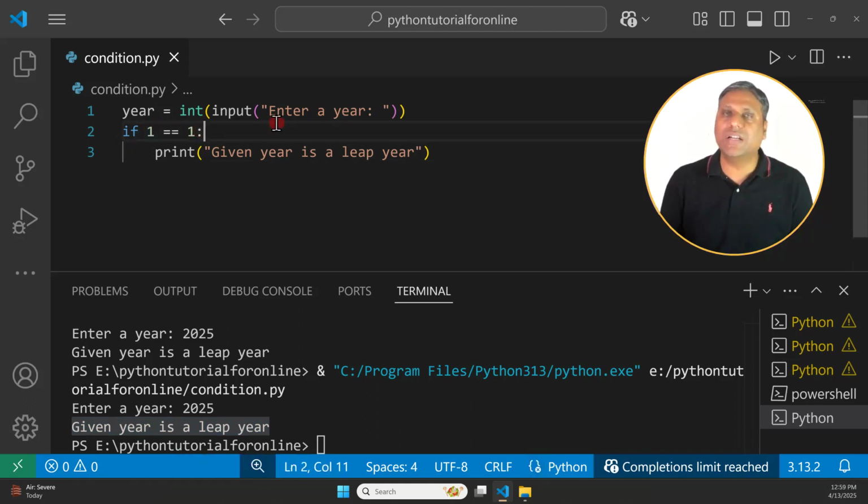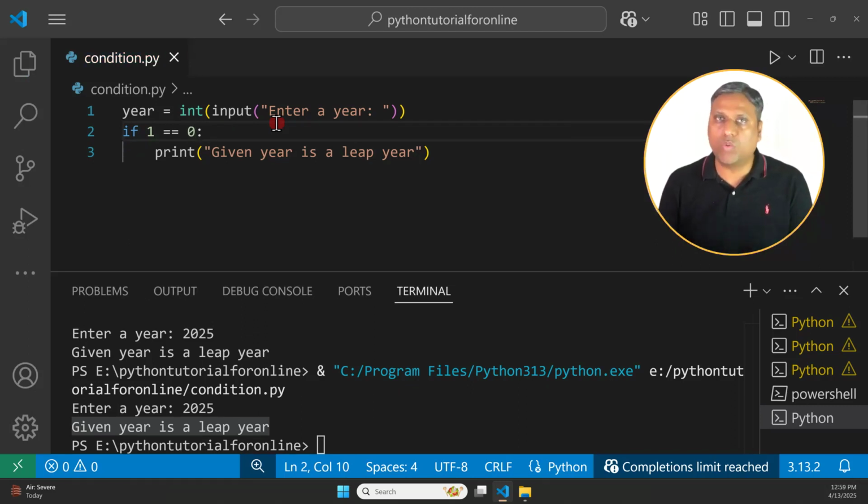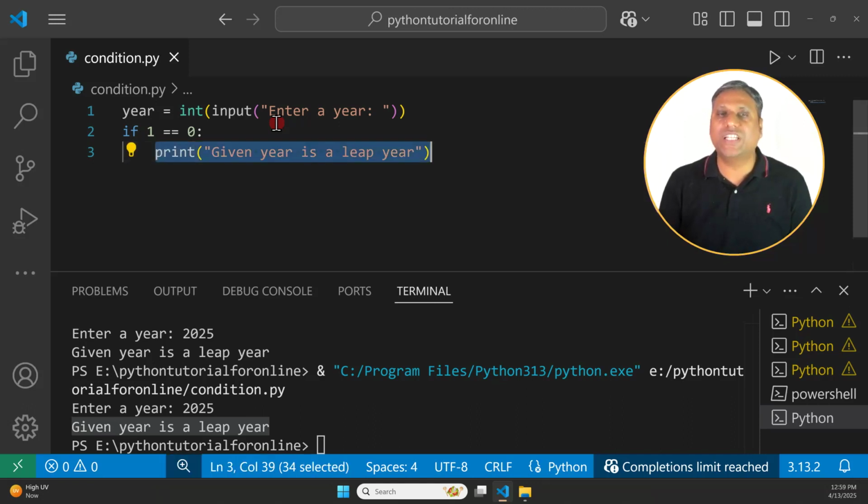Now let's make this condition false. So I am saying 1 equal to 0. Obviously 1 is not equal to 0, so this condition is false. Now because this condition is false, the if will check whether the condition is true or false, and it is false. So it will skip all the statements inside the if block. And right now there is only one statement: print year is a leap year.